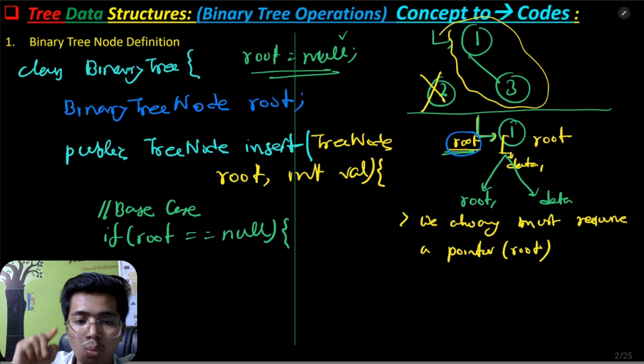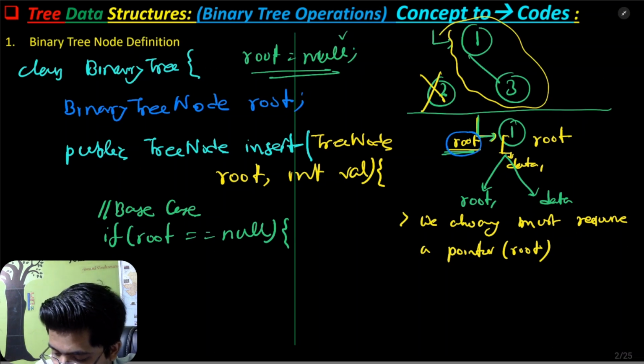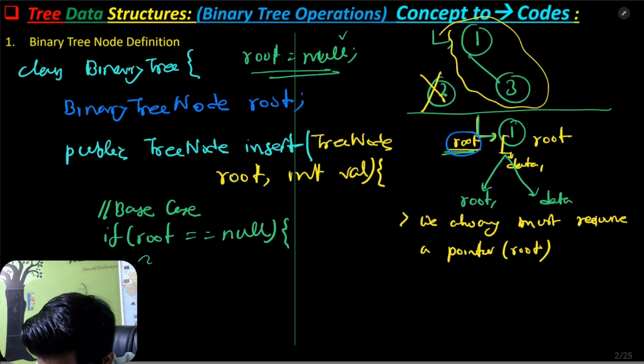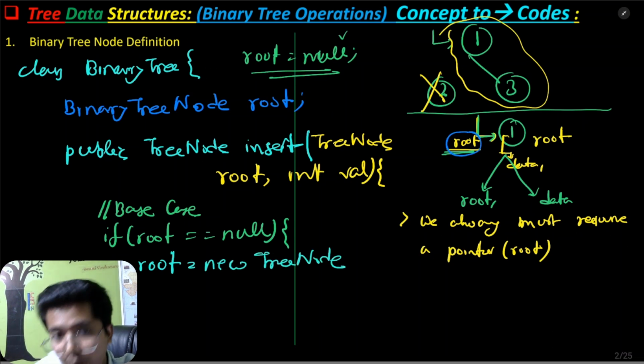That means if there is only one element, or there is totally no element. If there is totally no element, we'll just be creating a new node, and we'll be assigning the new node to the root. So that will be like this, root equals new tree node. So now we have created a new tree node, and we have to create it with respect to